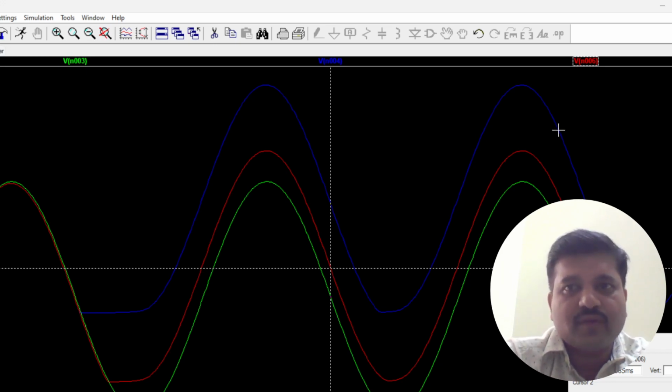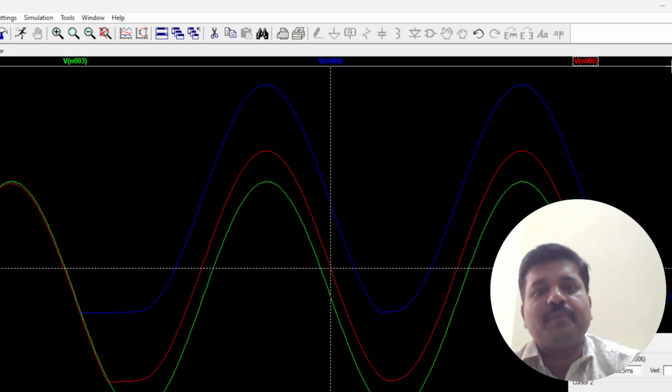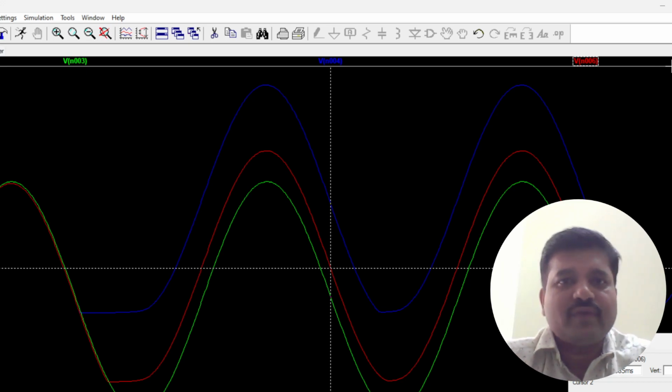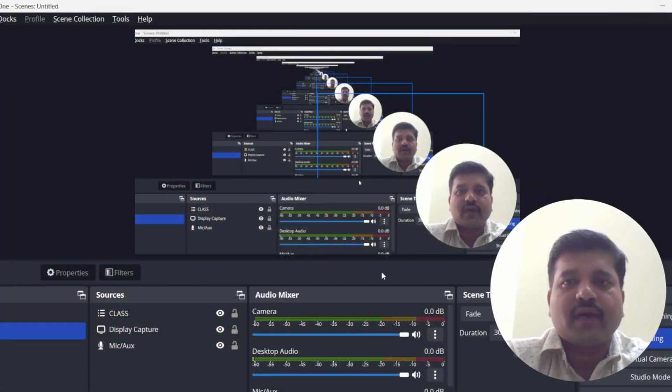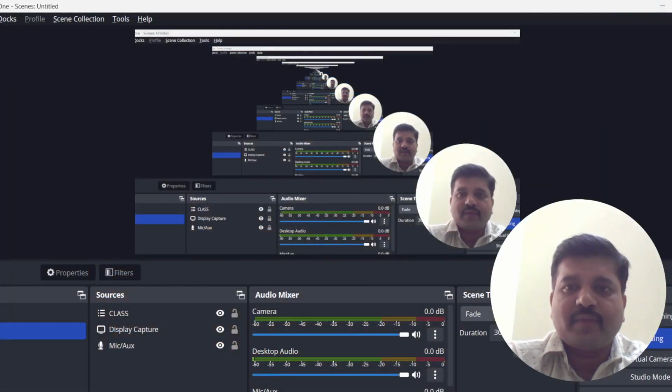Okay, so these are some of the clipper and clamper circuits which I wanted to show you using a simulation tool. You can also view the regular experiments, which will also be available on the website,